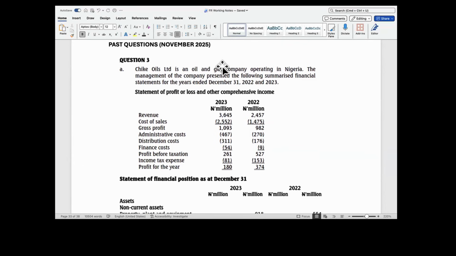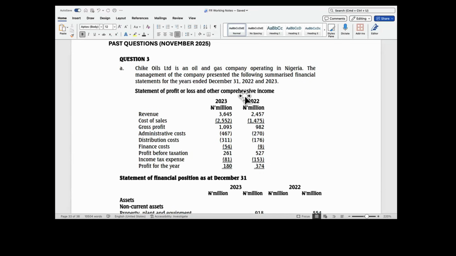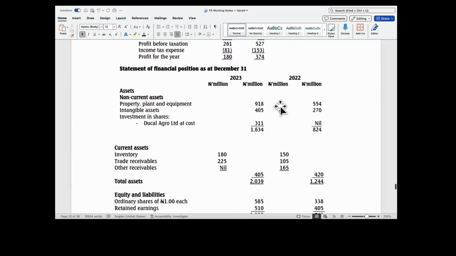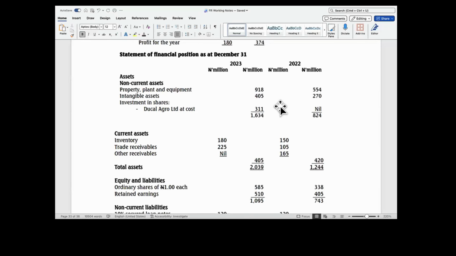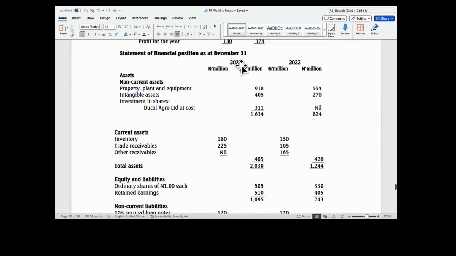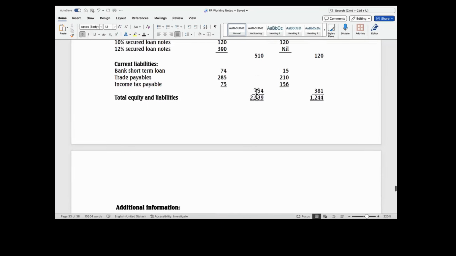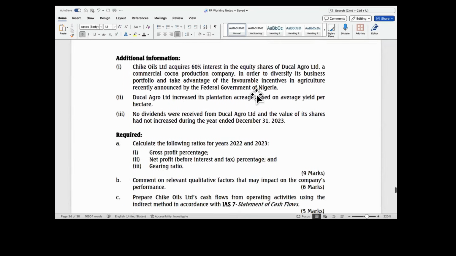Okay. Question 3. Chike Oils Limited is an oil and gas company operating in Nigeria. The management of the company presented the following summarized financial statement for the years ended 31st December 2022 and 2023. Statement of profit or loss and other comprehensive income. All figures are assumed to be correct. And statement of financial position as at December 31st. All figures too are assumed to be correct. Then required. Additional information,